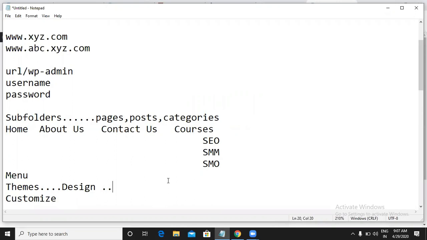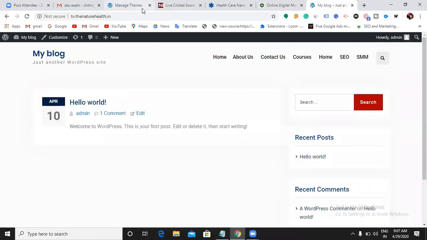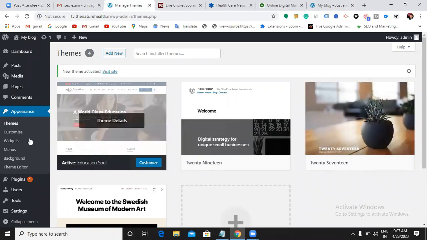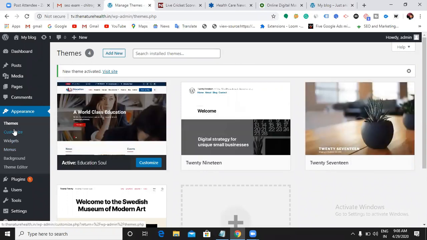You need to modify some changes. You need to work some time, then you can make it so beautiful. That is what simply customizing is. So you have to work on your theme. Let us see how we can work on our theme and what options we can use. So just go back and find the option called customize here. Can you see? Just click that.